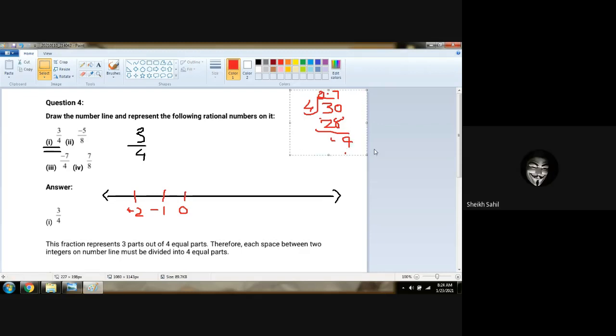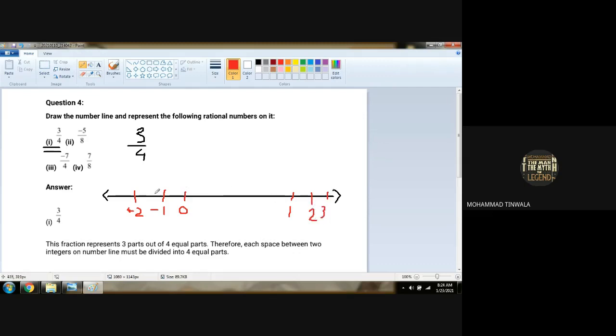0 and 1. So I will place 0 and 1 as a gap here. So 2 and here 3. Okay? Here is -3. Yes. Is my number line ready now? Yes. Now 0 and 1. What is in the denominator?